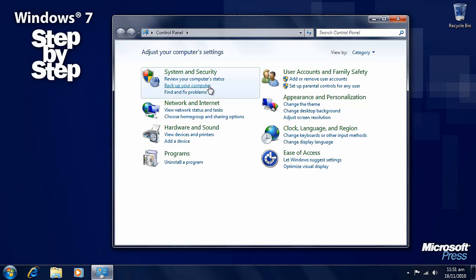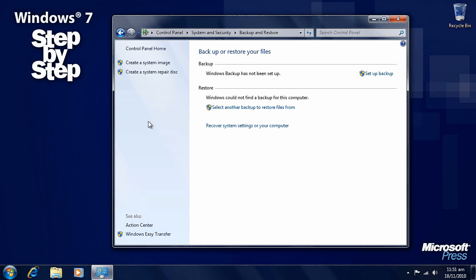Here it says Backup Your Computer. The Action Center, the flag here on the Windows 7 taskbar, may also alert you to create a backup. So let's click Backup Your Computer. Now,